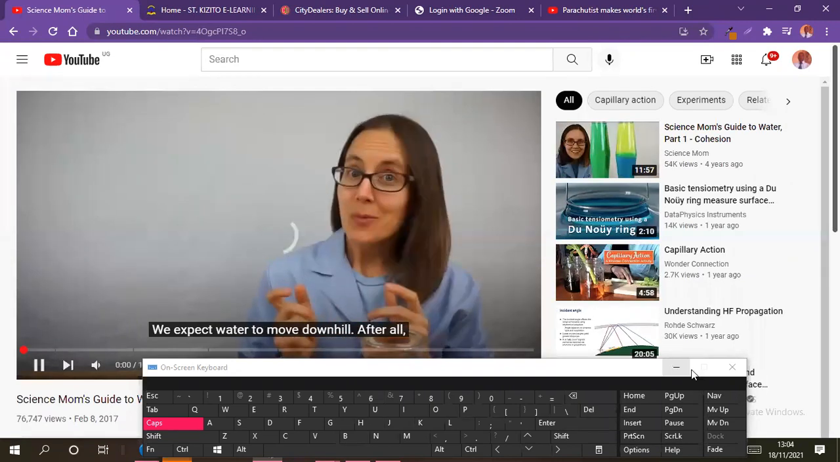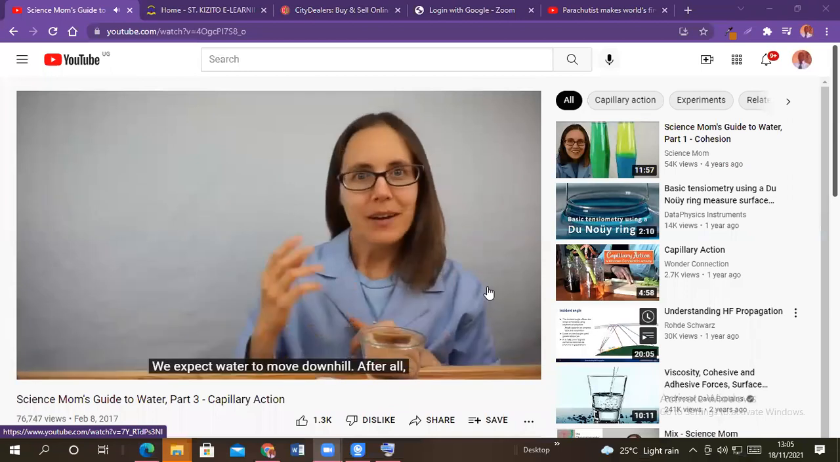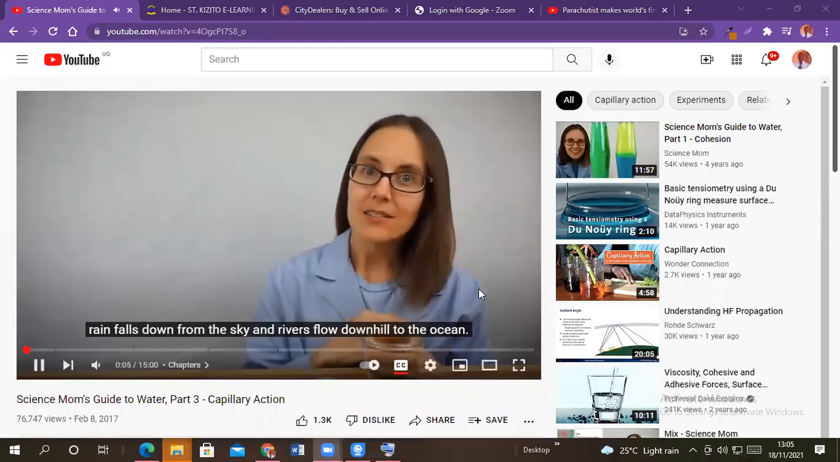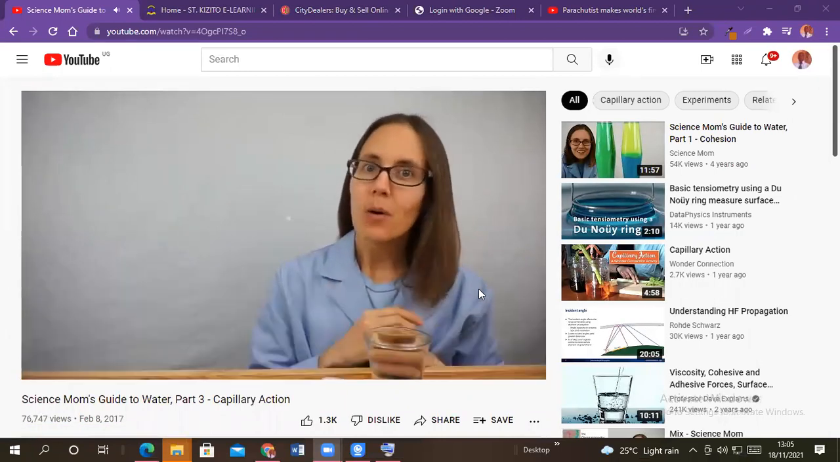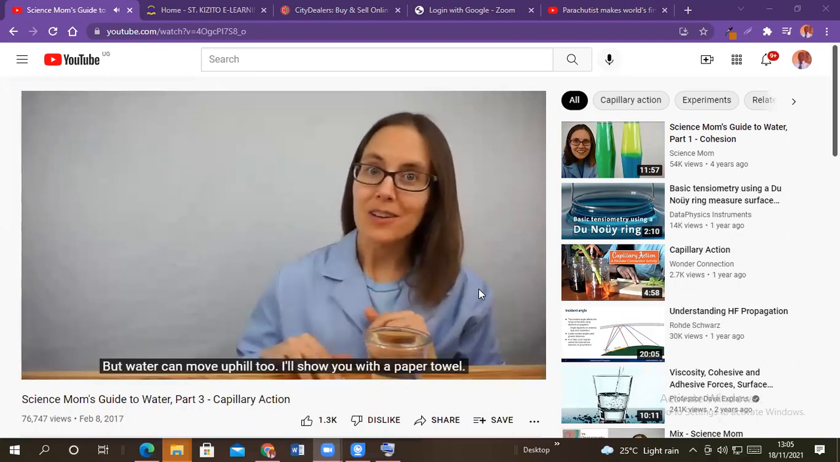We expect water to move downhill. After all, rain falls down from the sky and rivers flow downhill to the ocean. But water can move uphill too. I'll show you with